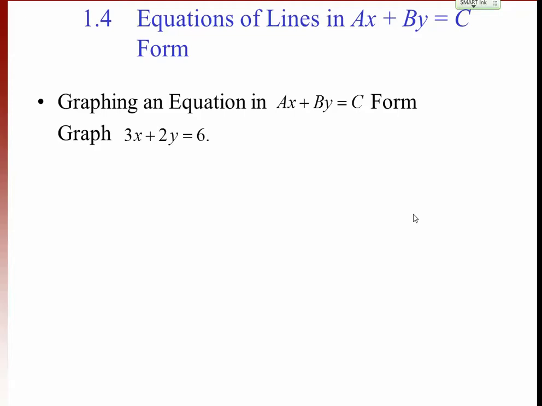Okay, so this is called the Ax plus By equals C. This is called the standard form of the equation. They want you to graph this equation. The good thing about graphing this equation is that it's easy to find the intercepts. Okay, so we can take,